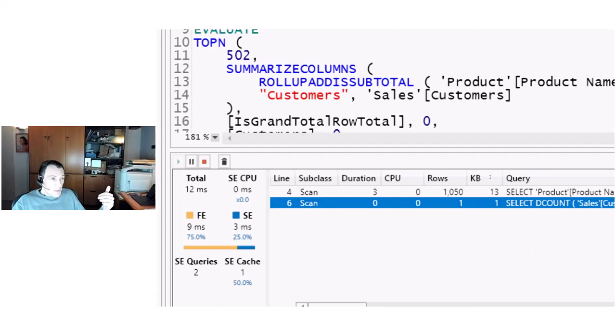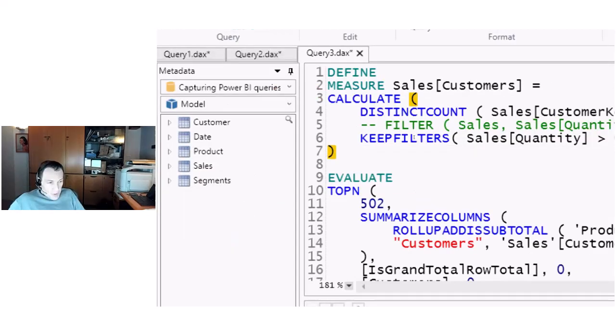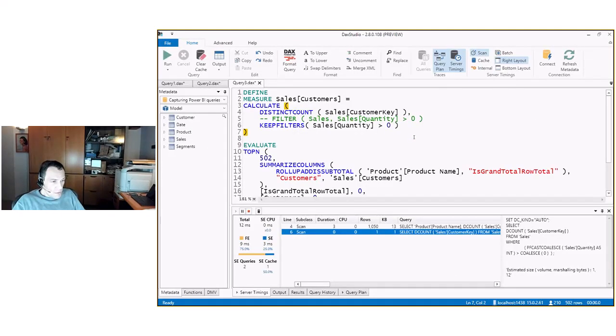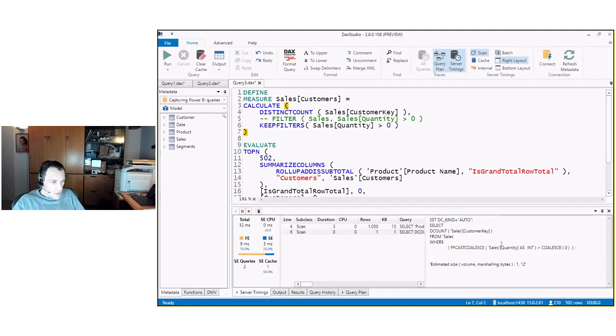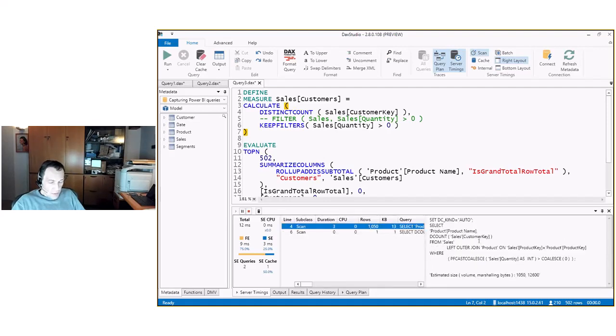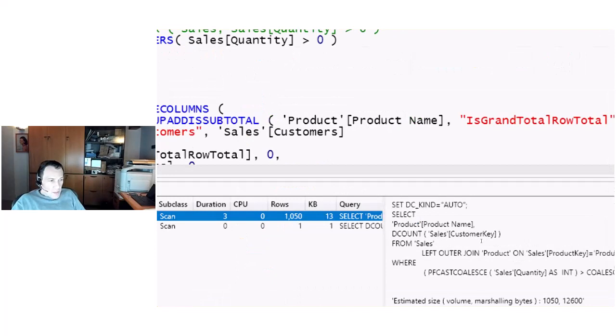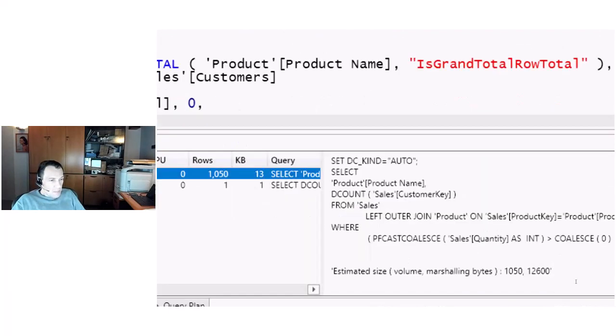This is the grand total. Sorry, let me show you this better, without the zoom. So the two queries are these two. The code that you see here is a